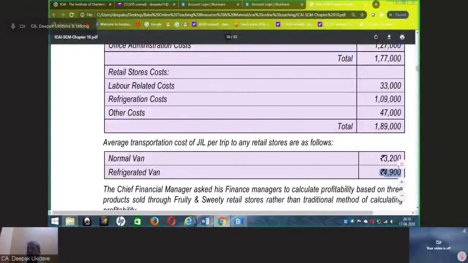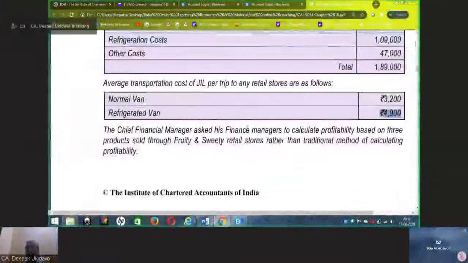This data is given to you. The chief financial manager asked his finance manager to calculate profitability based on 3 products sold through Fruity and Sweetie retail stores, rather than the traditional method of calculating profitability. So the question itself gives you a hint of the chapter number, 10, from where we are learning this case